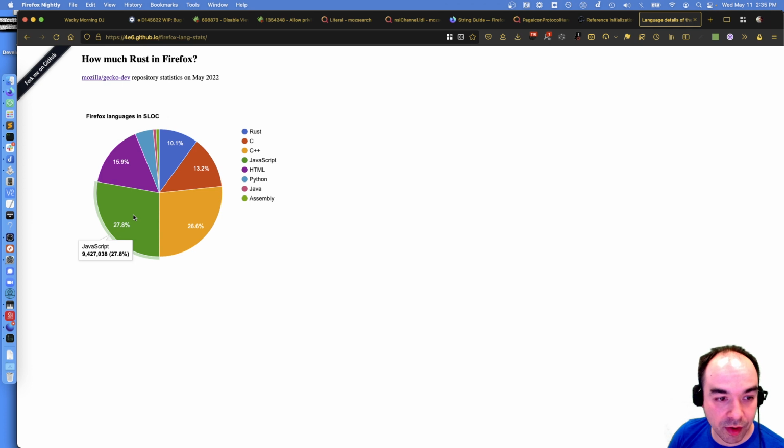A lot of it is JavaScript. Now here's the thing. There's a lot of JavaScript that is not actually being executed. We do have a lot of JavaScript to instrument the UI and stuff, but a lot of our JavaScript is also tests. And so a significant chunk of this, I think, is tests. We have a lot of C++, a bit of C. Some of these are third-party libraries that we compile to WASM and then run and then out again.